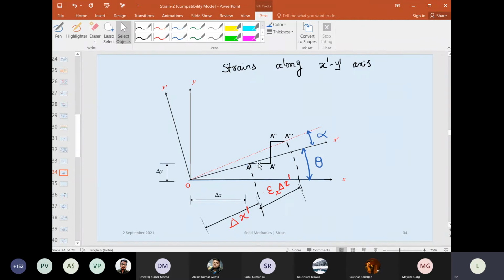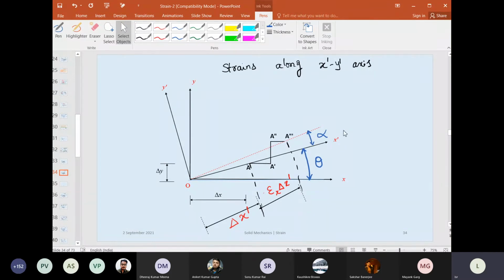Why very small? Because my A dash, A double dash, A triple dash are all very small because my delta X and delta Y are very small actually. Is that okay? So naturally that epsilon x into delta x, they are all small. So the resulting angle, the A triple dash, I have joined with this one. So naturally then